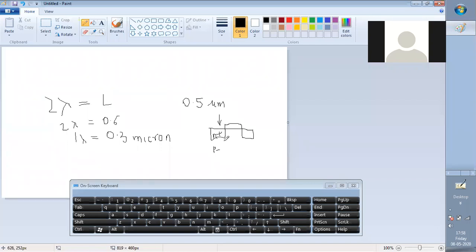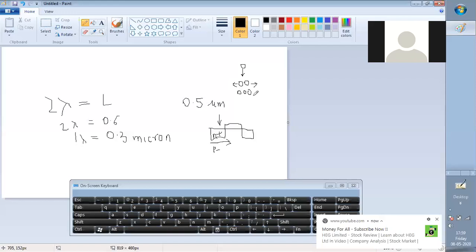After the n plus region is created here, lateral diffusion takes place in this direction also, because when the electrons go in this direction, they come in this direction also. Suppose I have a few balls over here and I send a ball in this direction, what will happen? These balls will move in this direction and the second one will take its place over here. So the configuration will be like this. These are nothing but the ions, the n-type impurity ions, right?